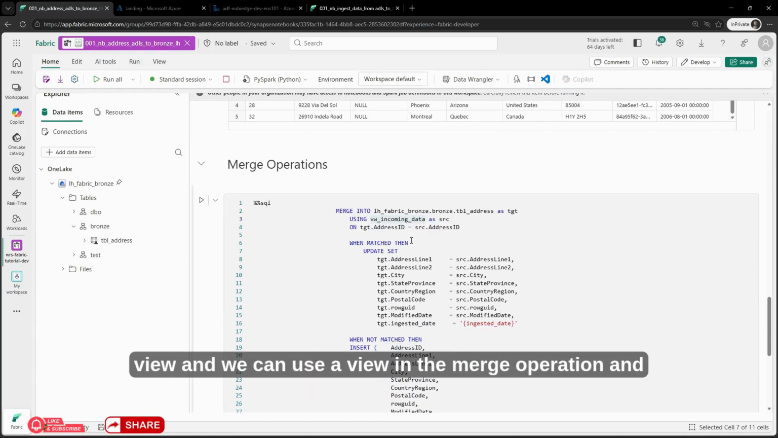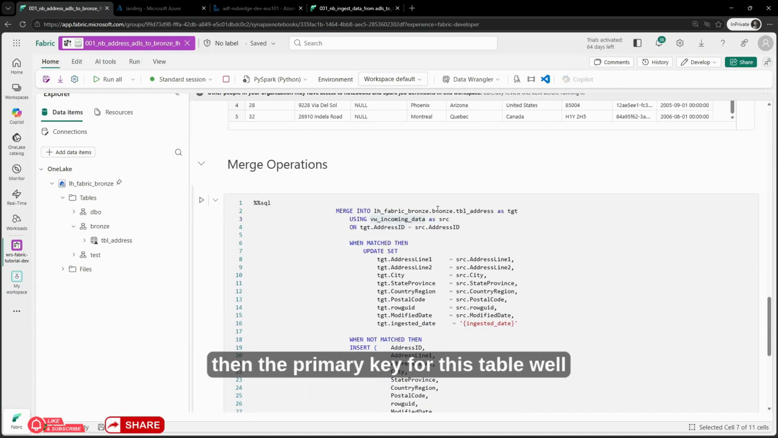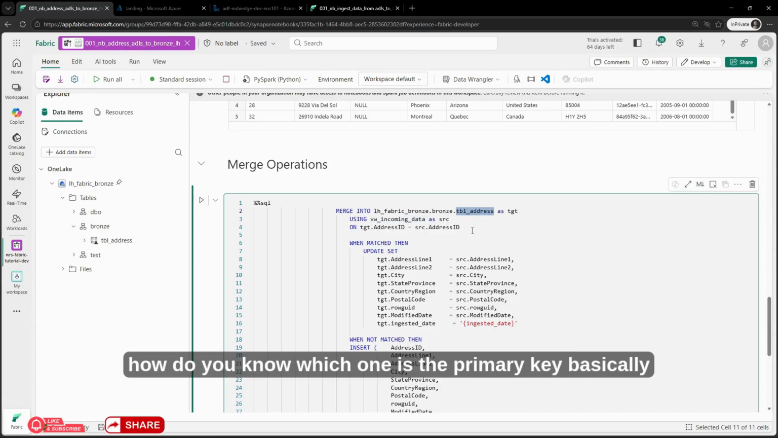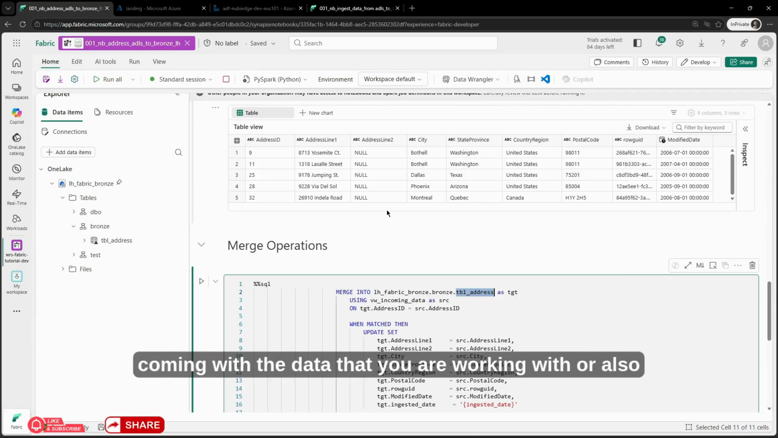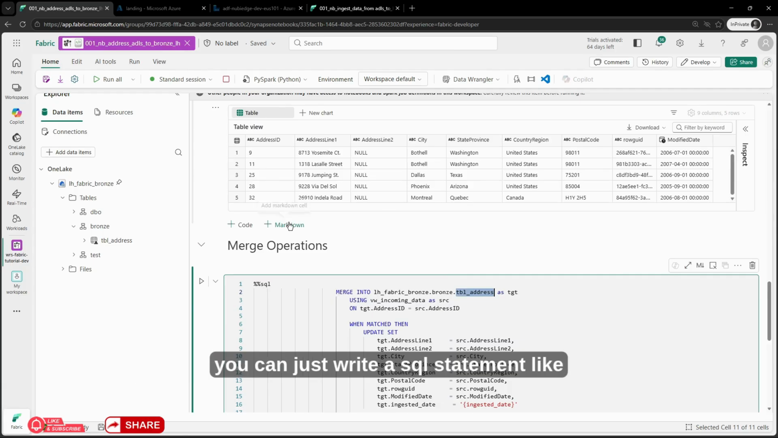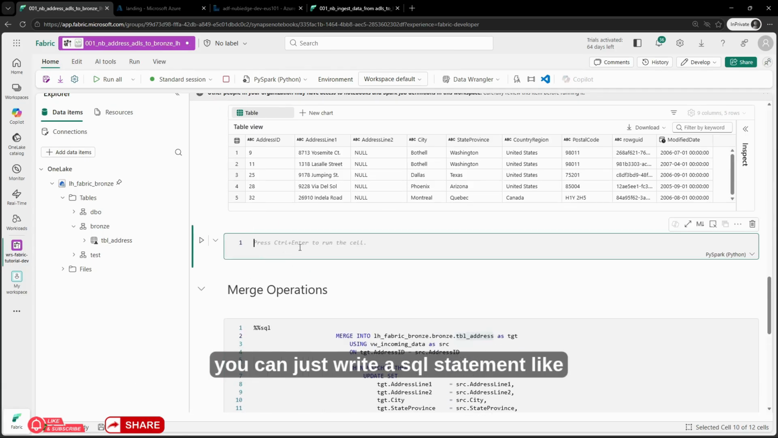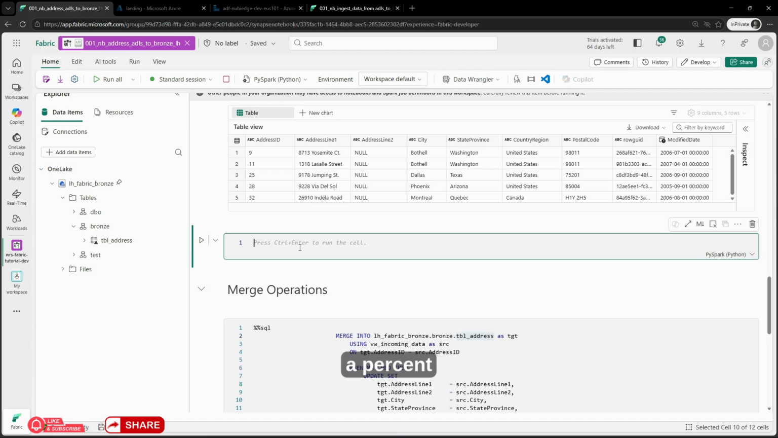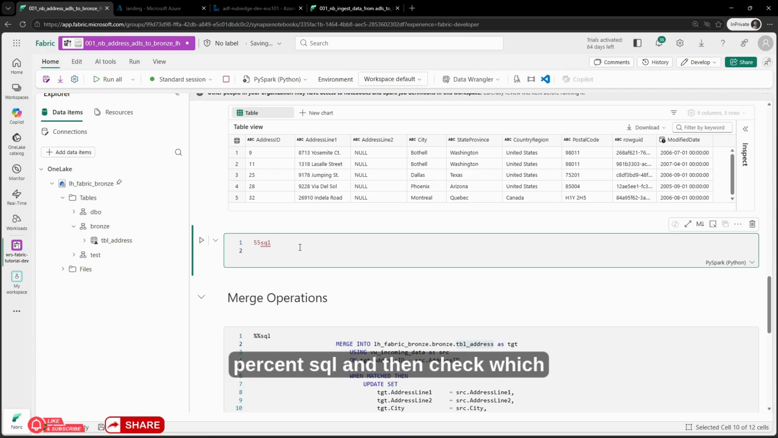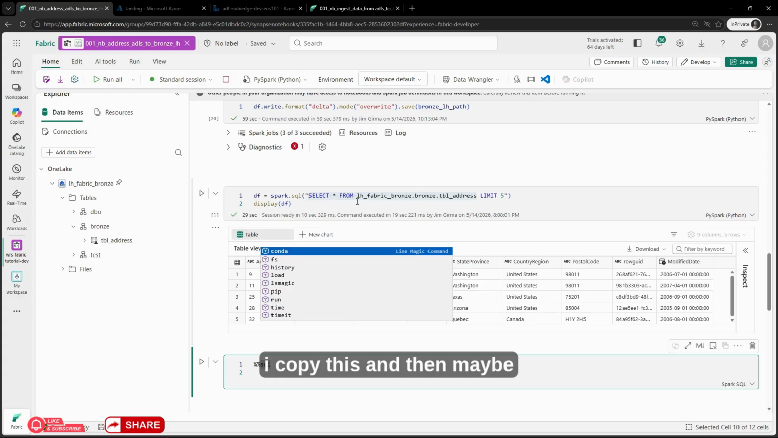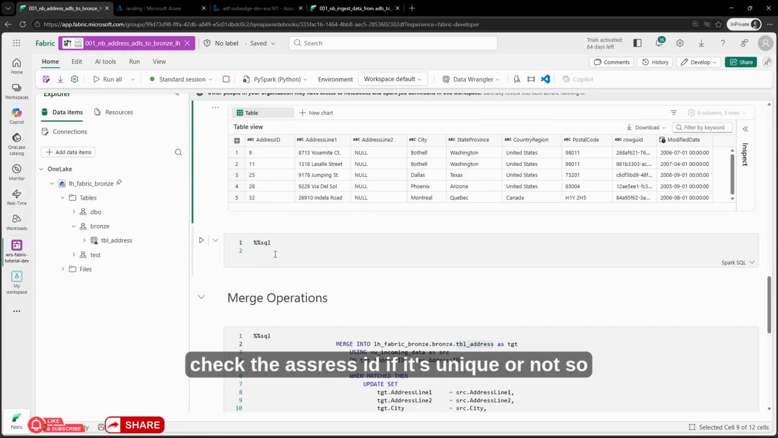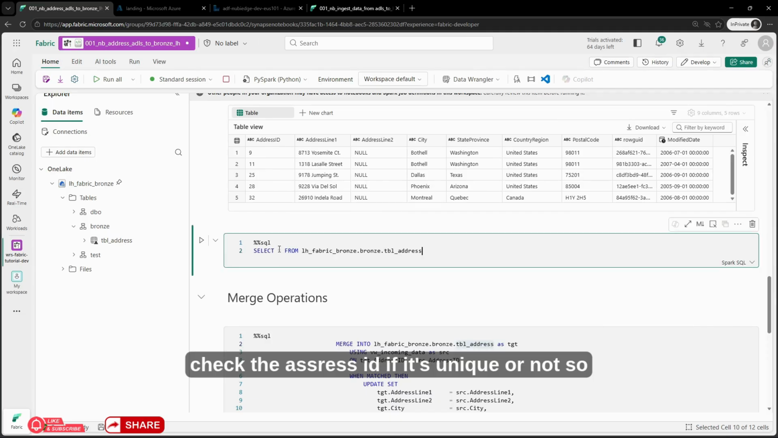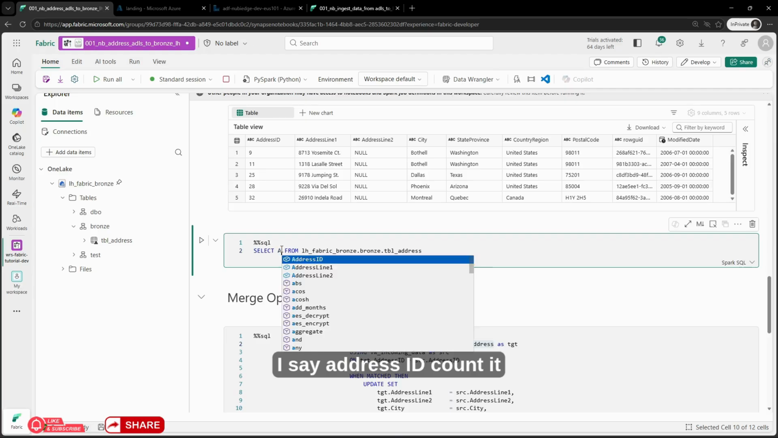Then we can use the view in the merge operation. And then the primary key for this table, well, how do you know which one is the primary key? Basically, you need to refer to the data dictionary that comes with the data you are working with, or you can just write a SQL statement like %SQL and check which one is the primary key. If I copy this, maybe check whether the address ID is unique or not. So I say address ID,